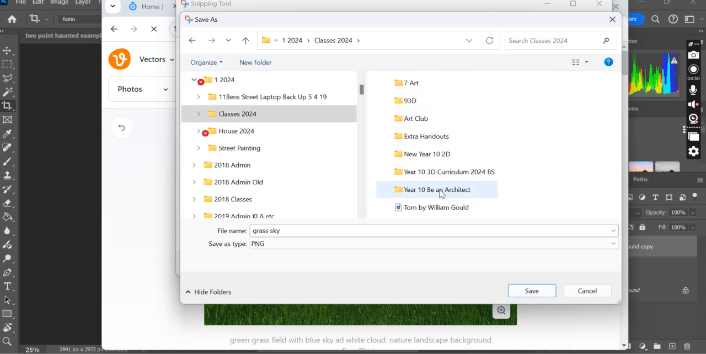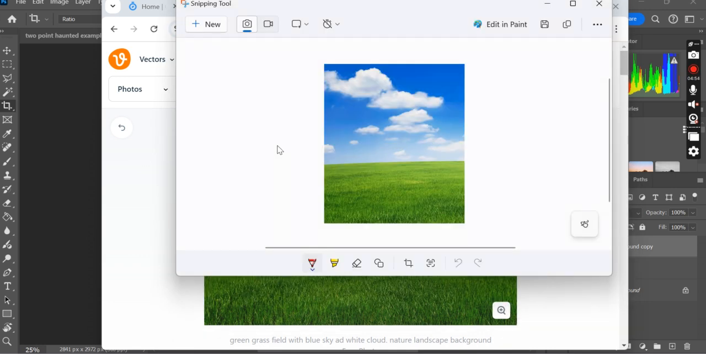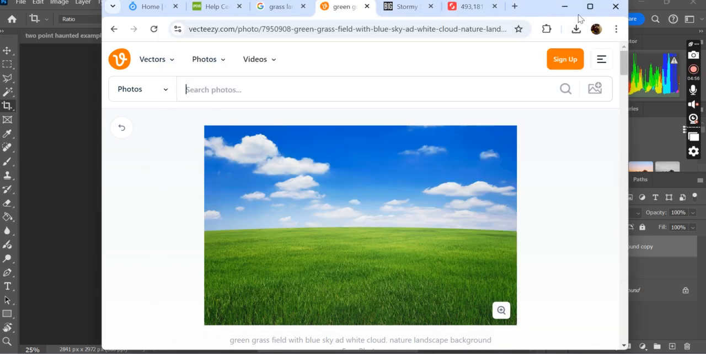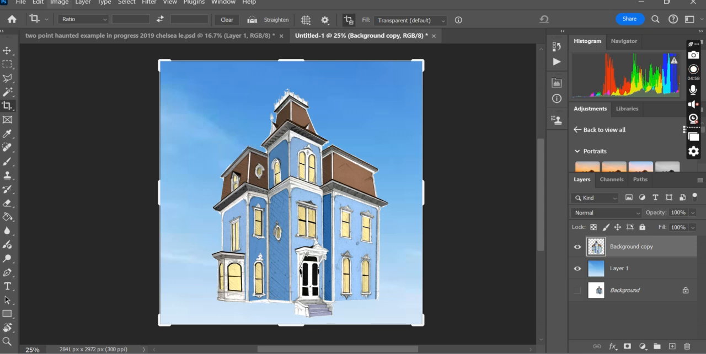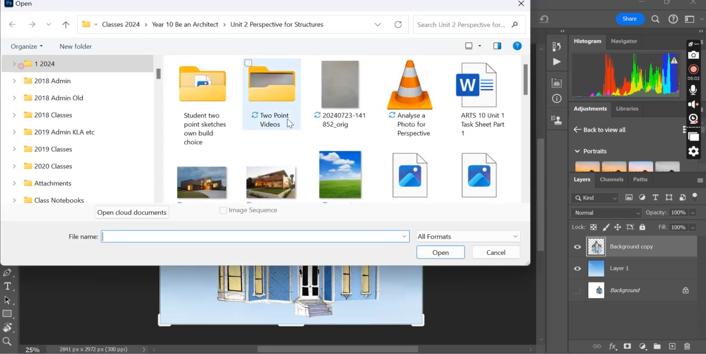May as well just put it in where we go to everything else at this stage. Okay. Now, if I go back, I can find this image, open it up like you would have done the sky,